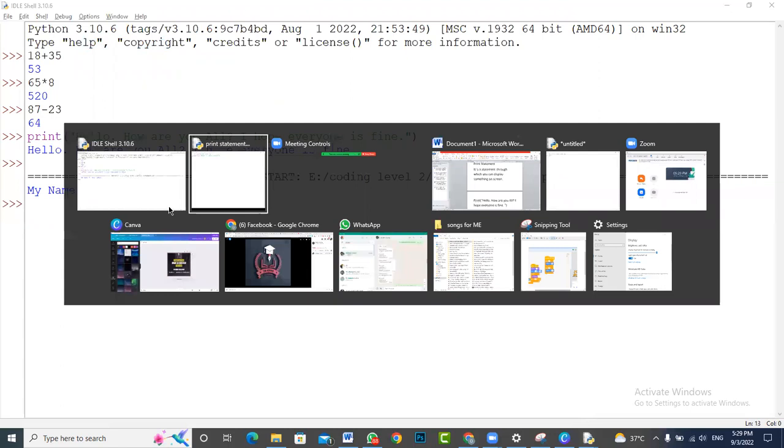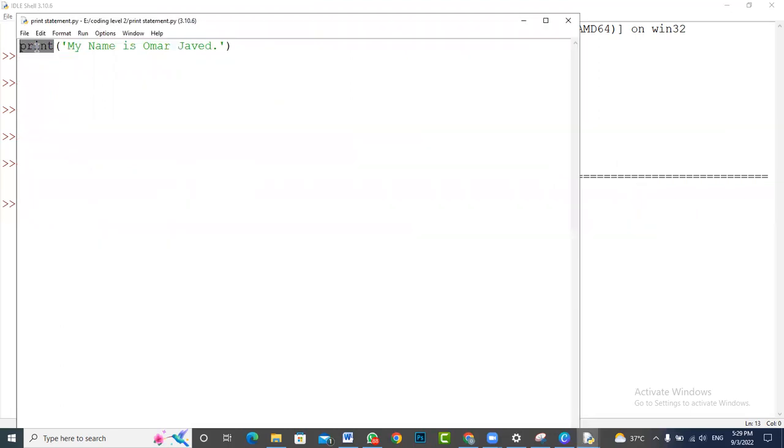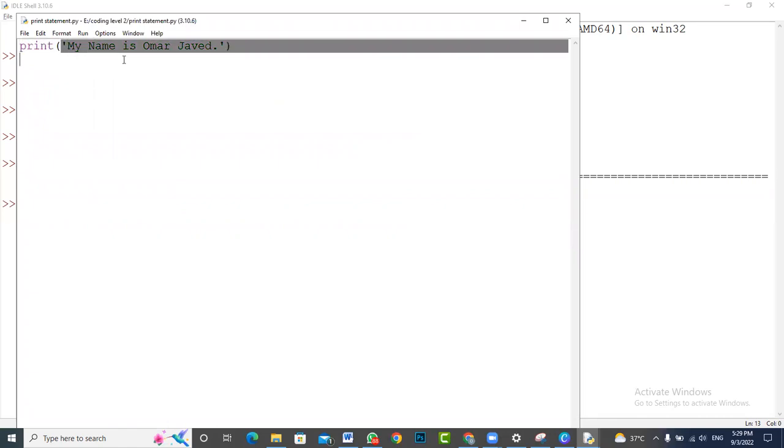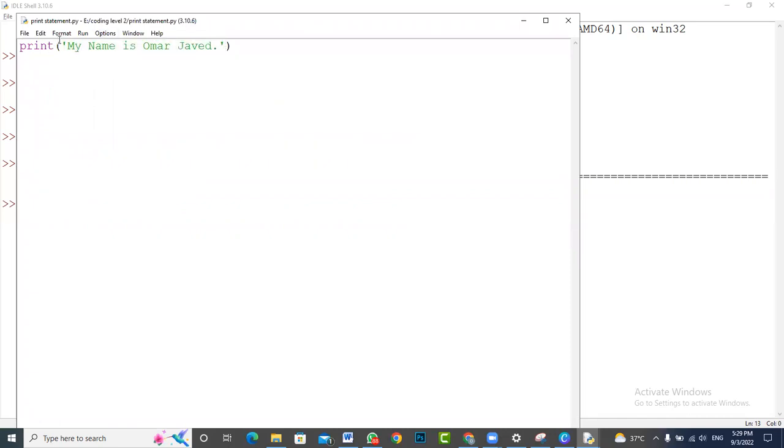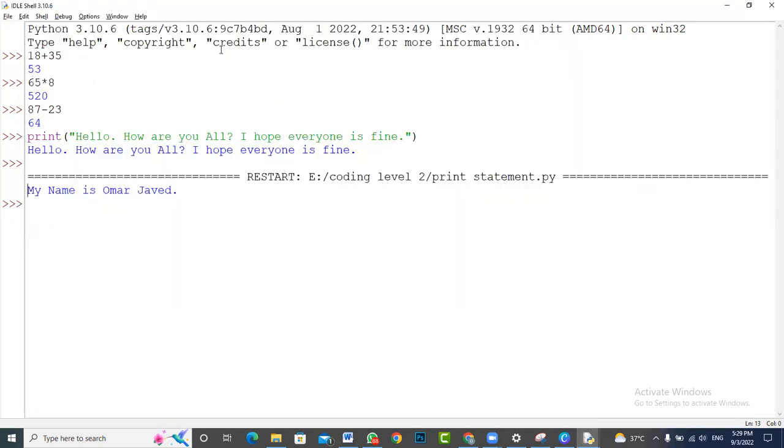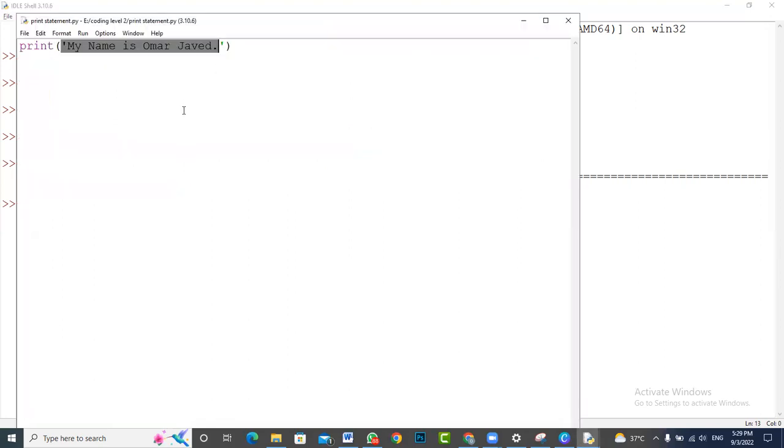See the word print that we use, it means display. Okay, show. This word print means show or display. It means that whatever we have written here in these inverted commas, in these quotation marks, is going to appear on your screen as it is. So that is why it is saying my name is Umar Javed. Okay. So the next thing that we want to learn about is